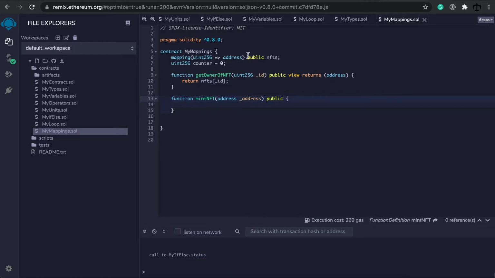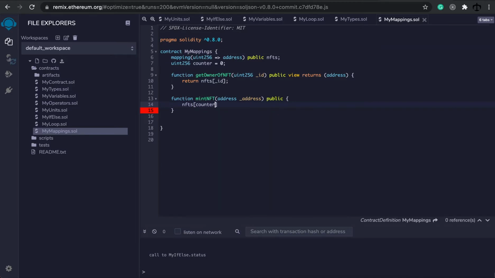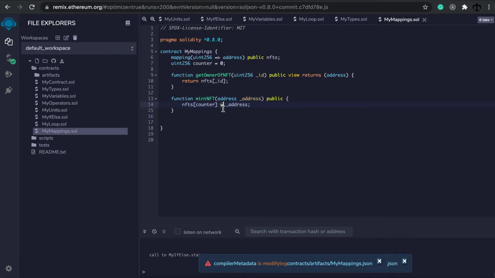Now we need to go and add this to the NFT mapping. So let's say, for argument's sake, we can only mint one NFT per time for an address, and it's going to be a very basic implementation. We can go and say, well, NFTs, we want to set the NFT where the counter is at currently. So currently counter is 0, right? So we're going to set this counter is going to be equal to the address. Now remember our one equal sign, we are assigning a mapping of 0 now, the index of 0,